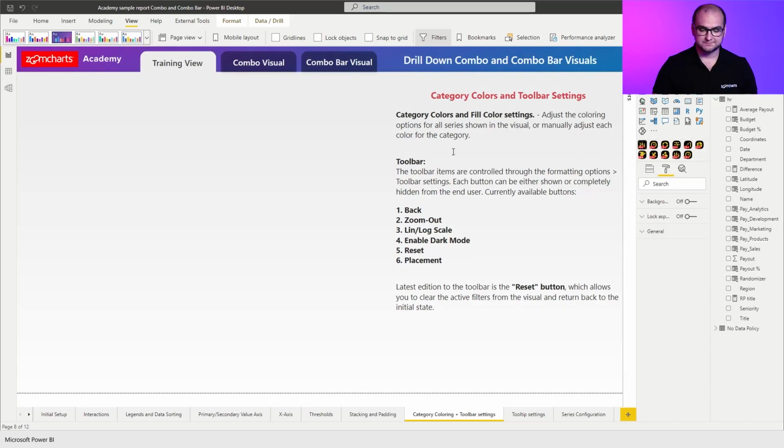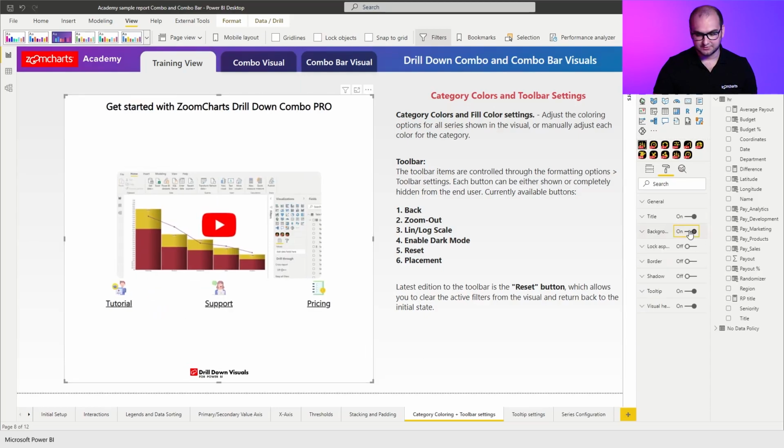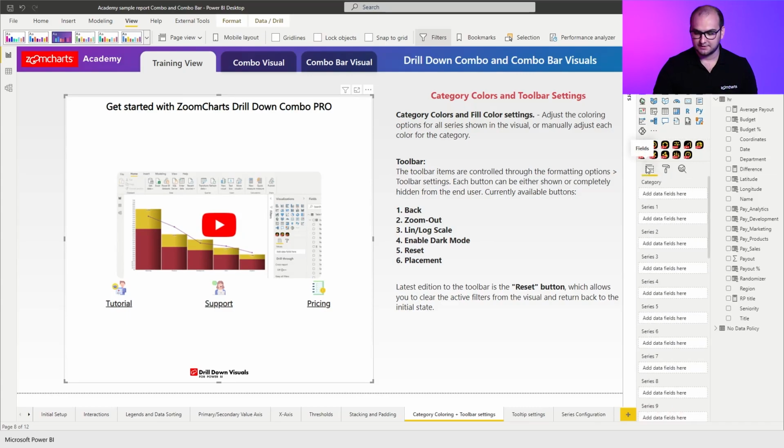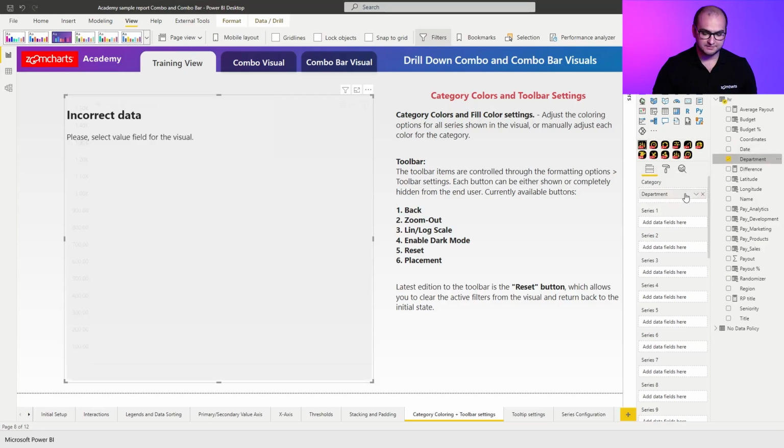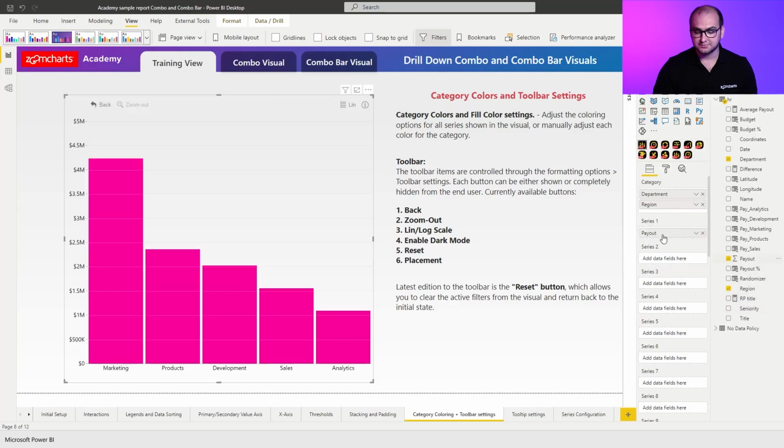So first things first, add an instance of the combo visual, resize it, and also disable the background plus the title, just so it fits more nicely into the theme of the report. Now, for the categories and everything that we have here, let's go for something more simple. Let's go for department as our first category, and let's go for region as a second level. Now, for the series, in this case, I'm just going to use one series, and there's a particular reason for